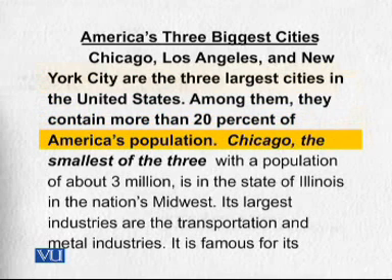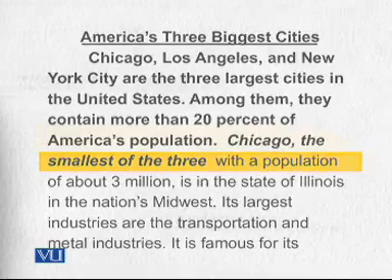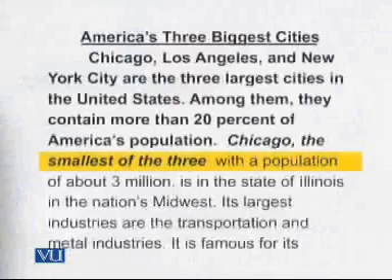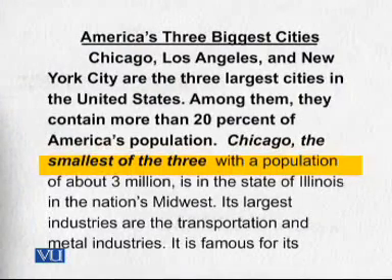Now, what is going to come now? Order of importance. Like Chicago, the smallest of the 3. Now, look here. We started comparing the smallest of the 3, the largest of the 3. So this kind of language is the language of the order of importance. And while reading, you should focus tightly on such words and phrases which actually help you differentiate between simple listing and order of importance. The sentence goes, Chicago, the smallest of the 3, with a population of about 3 million,